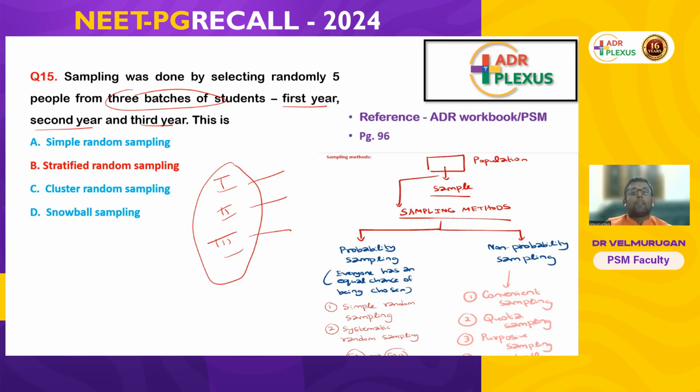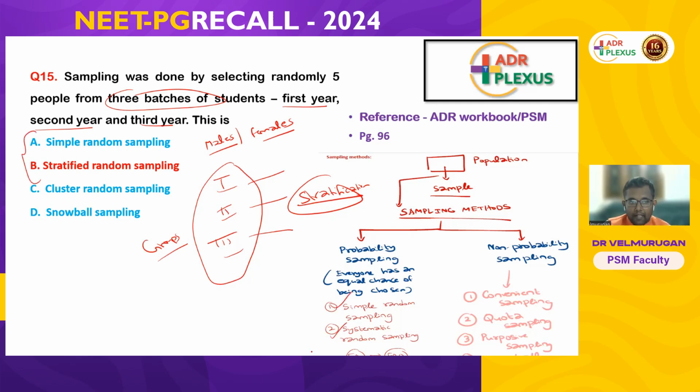When they divide into 3 batches, it is called stratified. Stratification means groups. So the groups are already there, like males and females are already groups. From this group, we can take randomly, like a lottery method. We are taking someone randomly. Then it becomes stratified random sampling. These are all what methods? Probability sampling methods.